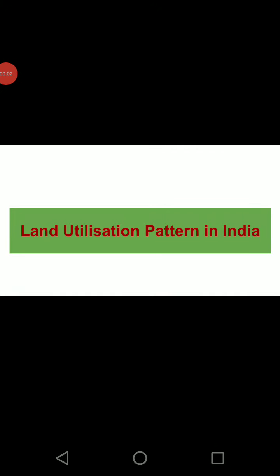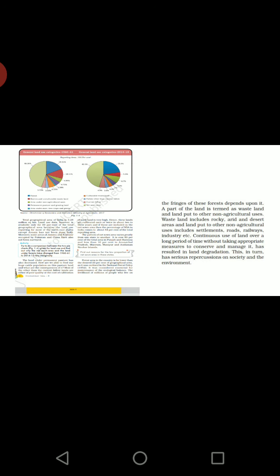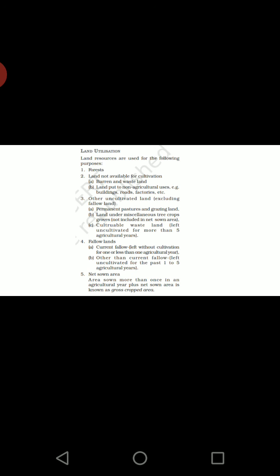Dear children, let us begin with the land resource second session. In the first session, we learnt how land is an important resource, and how the land of India is divided into a variety of relief features. Moreover, we have studied land utilization, in which we saw that in India the land is utilized for forest, land not available for cultivation, other uncultivated land, fallow lands and net sown area. So each of these specifications we did in the last session.